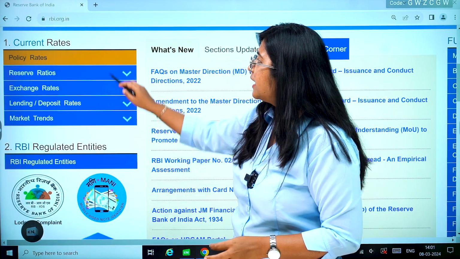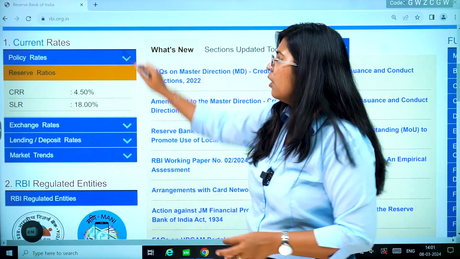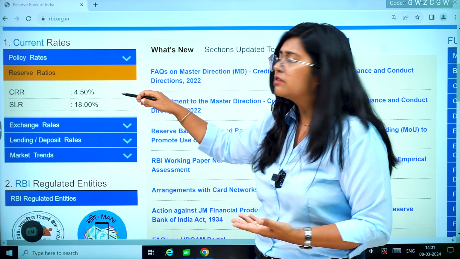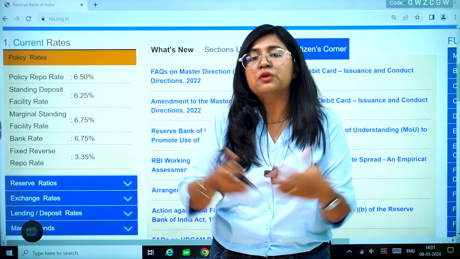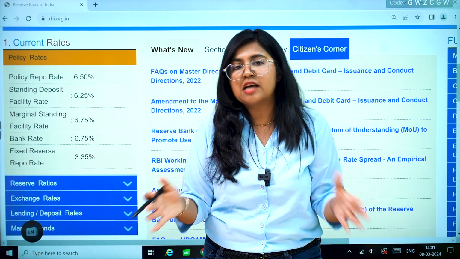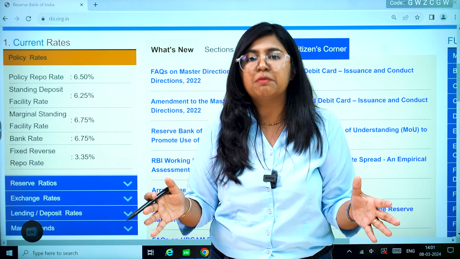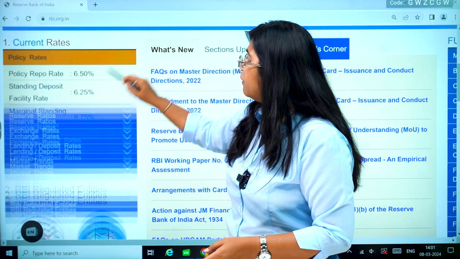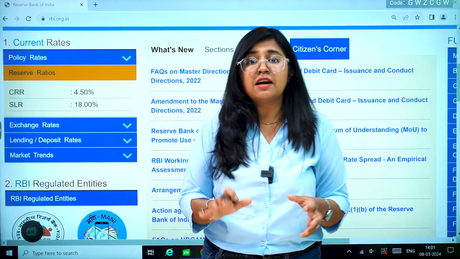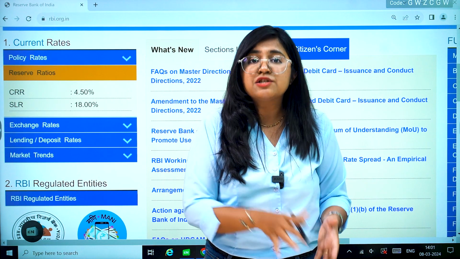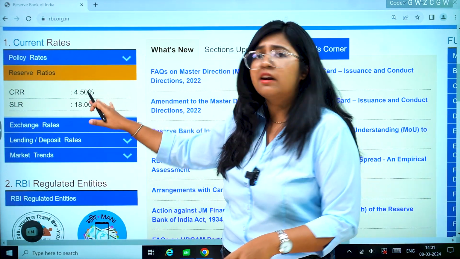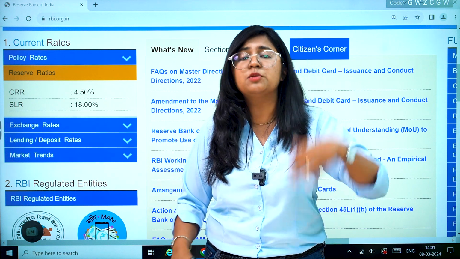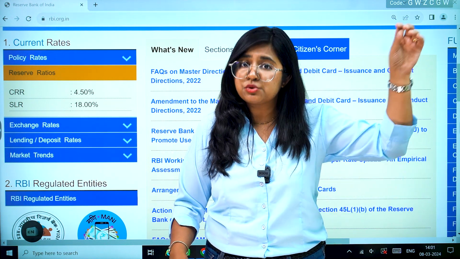Similar to the policy rates, we have the reserve ratios. What's the difference between policy rates and reserve ratios? Policy rates basically tell about the lending criteria that has been made under the Monetary Policy Committee. While if we talk about the reserve ratios, these are the reserve requirements of cash and the liquidity within the financial institutions. CRR tells you about the reserve requirement that has to be kept by the financial institutions,